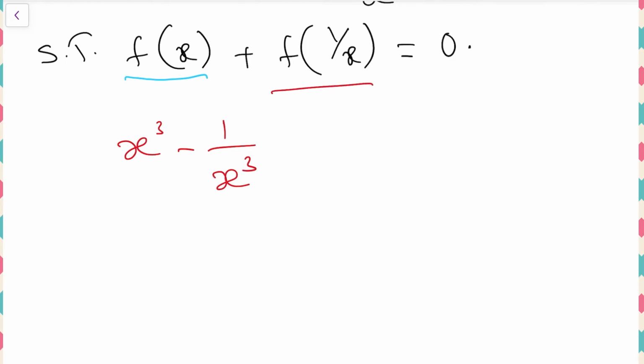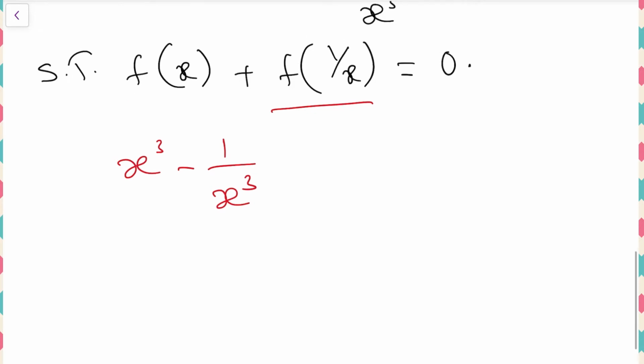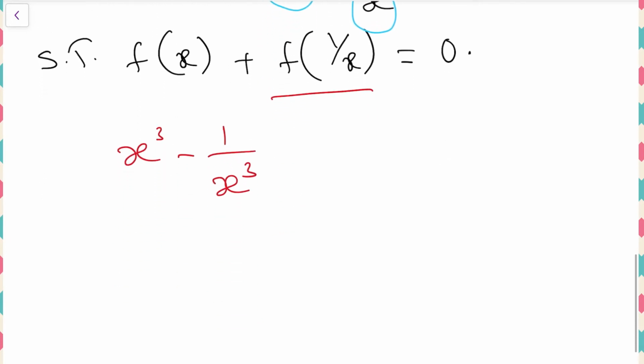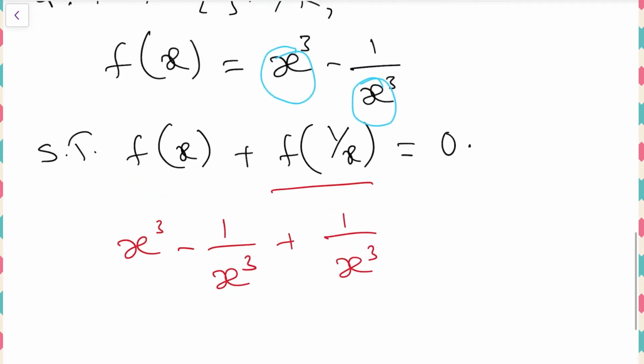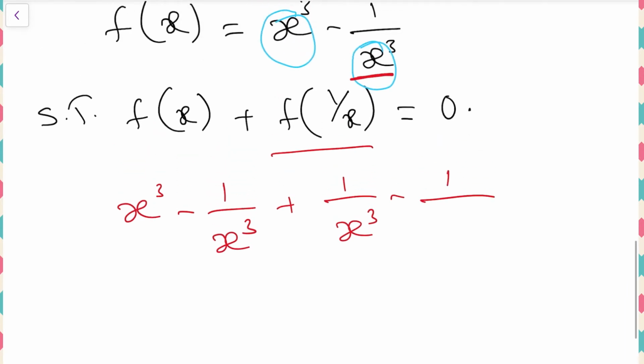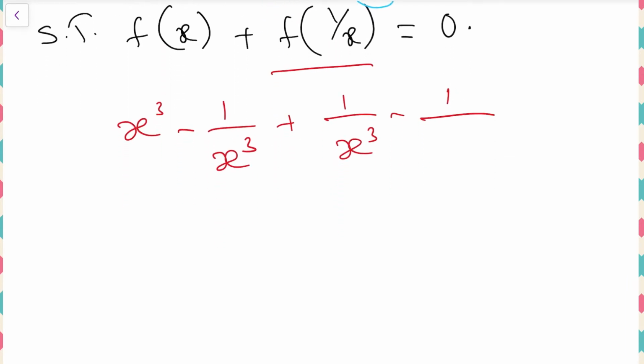Now the second function we have is f of 1 by x. So in the given original function, wherever we have x, there we need to substitute 1 by x. Here x is there, in the place of x, 1 by x. Here again x is there, in the place of that x also we need to substitute 1 by x. Let us check now. Plus, x cube is nothing but 1 by x cube, minus 1 by, here x is there, so in the place of x, 1 by x cube.